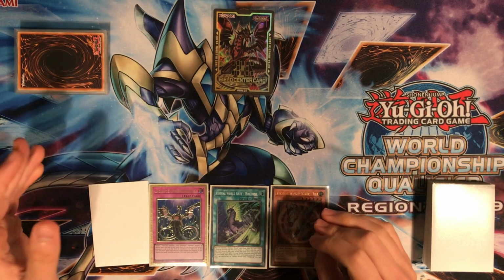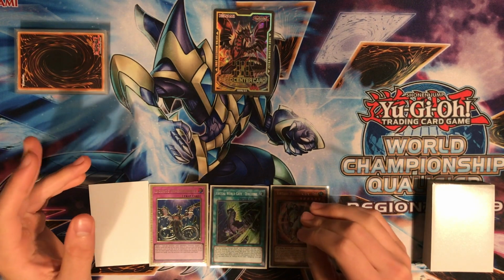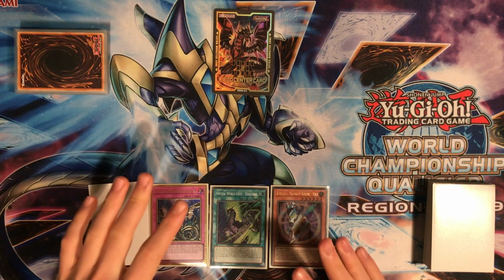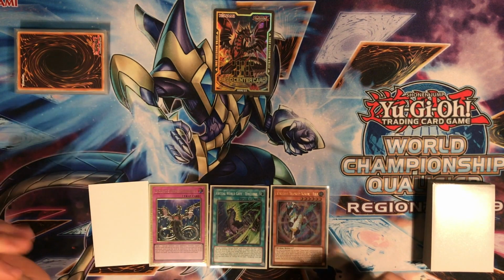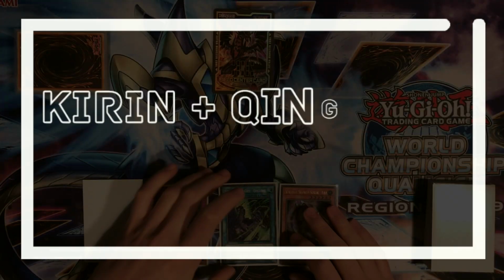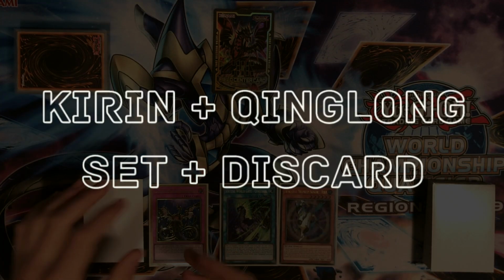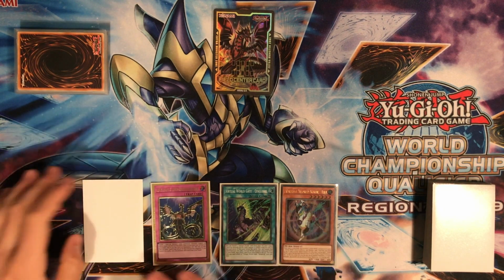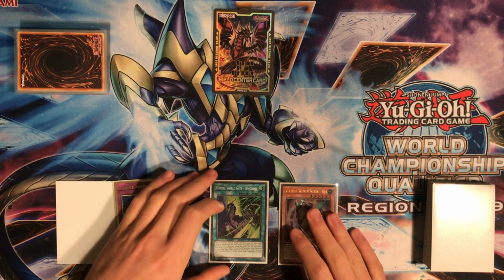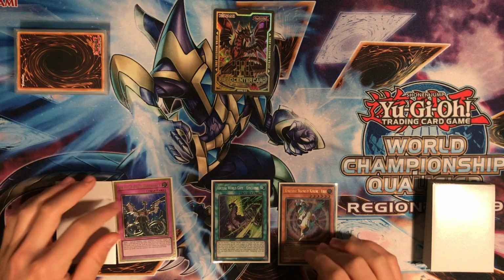So combo number 3 is a route that is arguably one of the most important to have in your toolbox as a virtual world player, because it turns seemingly unplayable hands such as this hand into full combo. So for this hand, all you require is Kirin plus Qinglong and any card to set, which again in this case is going to be Imperm, and any random discard. So this is the Vermilion Dragon mech route that was popularized when VFD was legal, and this route can still